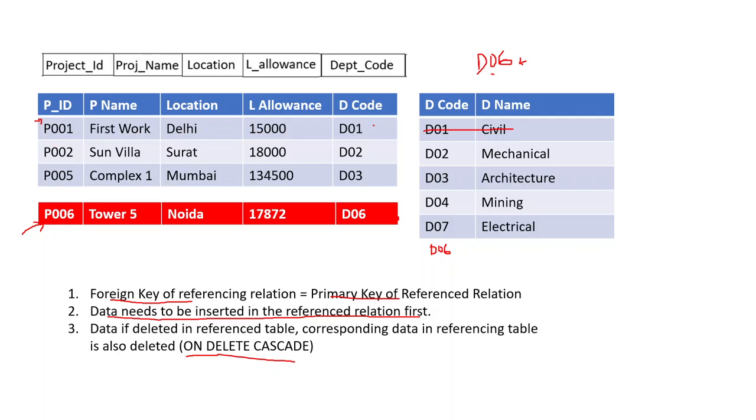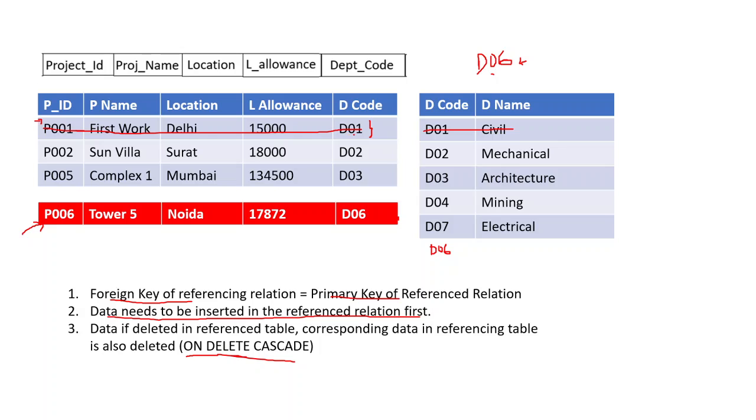So in that case, something needs to be done. Otherwise, this department does not exist in this table. So what would be the fate of this particular tuple in the referencing table? If on delete cascade has been mentioned, in that case all the projects, or in this case P001, will also be deleted automatically from the projects table, because this department